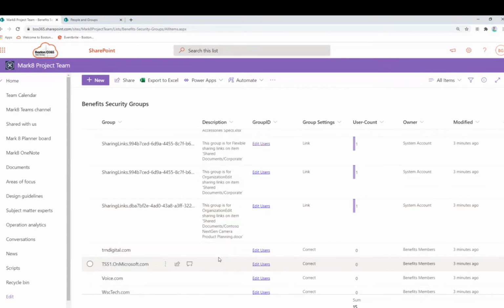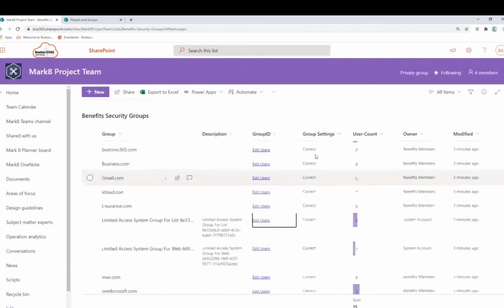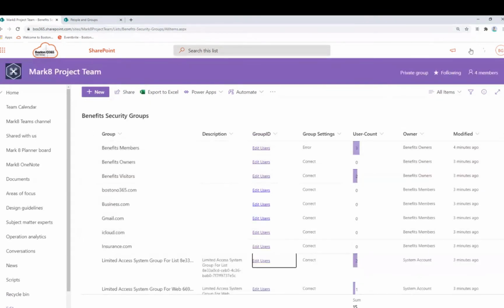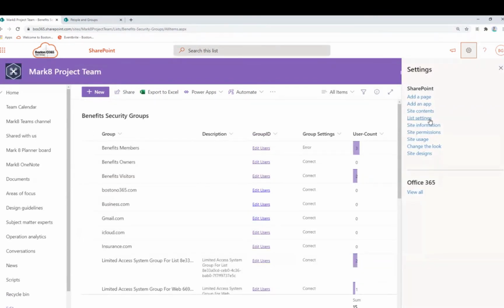And this is great for site owners to see that they've been adding sharing links. Maybe they have a new employee who wasn't trained to add the user to the site, and they've just been sharing files and folders. So this is a great way of auditing the site. And let me show you, I made this list, and if you go to list settings, I'll show you how I like to organize things.